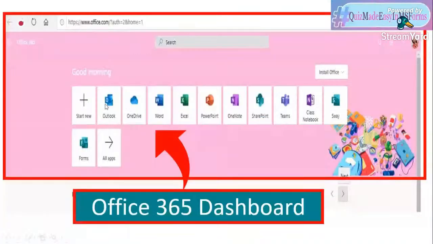As you can see, there are lots of applications here, and also your profile and the settings. Okay, on your end, maybe this is not the same as mine.